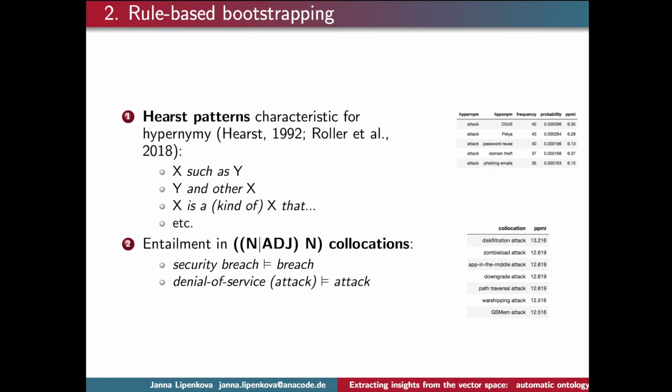Okay, so how do we do rule-based bootstrapping? From the technical perspective, there is a very well-known approach by Hearst, actually developed already in the 90s, but the nice thing is that it's always kind of reinvented also in recent papers. So in 2018 and 2019, that was actually the basis for the state-of-the-art work on the task. So Hearst formulated something like 70 patterns of these forms, x such as y, and other x and so on, which can naturally be nicely used to extract potential hypernymy candidates.